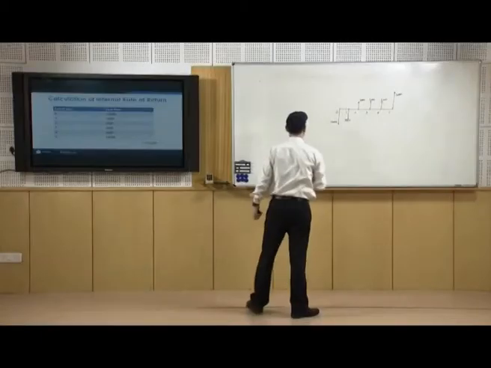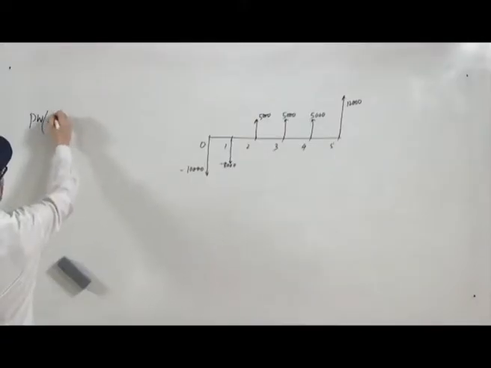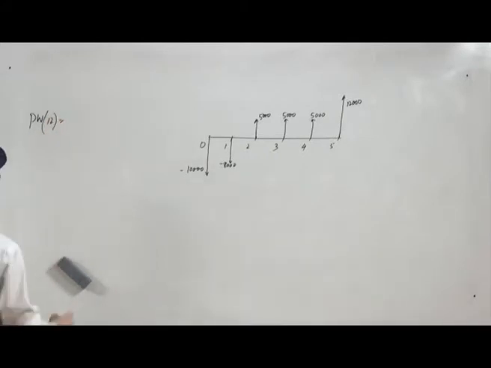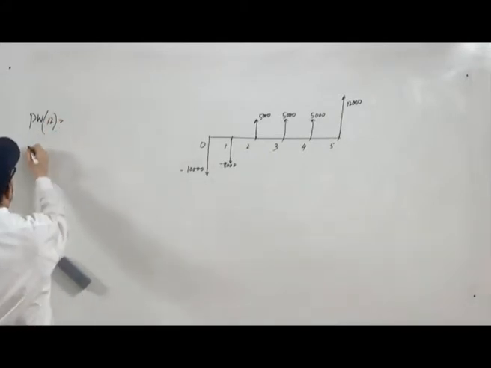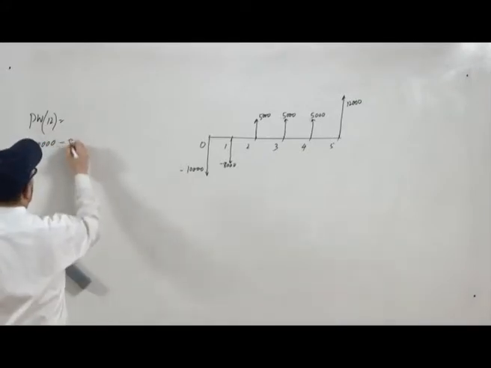So, what we had seen is PW 12 will be minus 10,000 minus 8,000